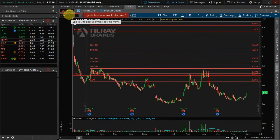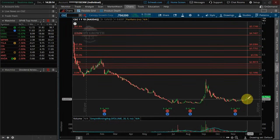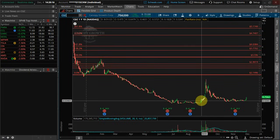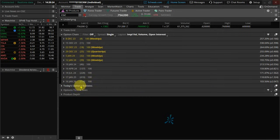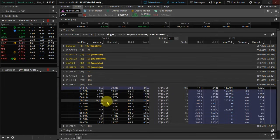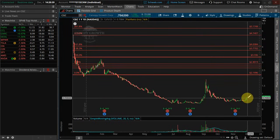But CGC today, again, similar activity, right? Breakout in the stock, high volume. Is this the beginning of a short squeeze a la August 31st? Maybe, right? But on CGC, this is a Jan 25. It's way the heck out there. But again, this is an indication of money flow in here. 46,000 contracts at the 250, mostly bought in CGC. So again, we're seeing bullish option activity coming in,